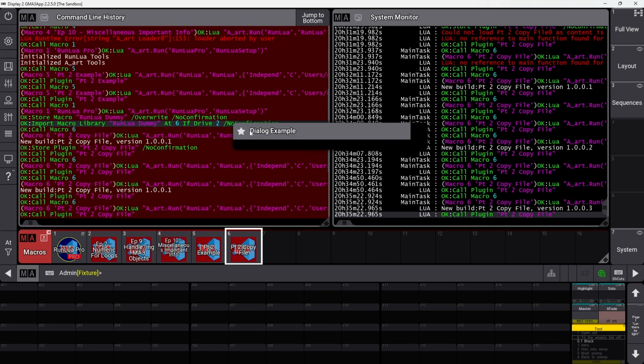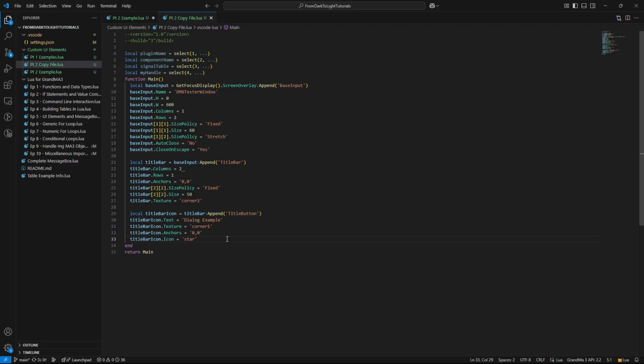So our title bar is this whole section and this is 50 wide. And so it's keeping this section separate because there's the second column and this is going in the first column. And you can see that because it has the text in the title bar. That's the text we were seeing. It has the texture for that corner. It has the anchors and it has the icon, which is the star.